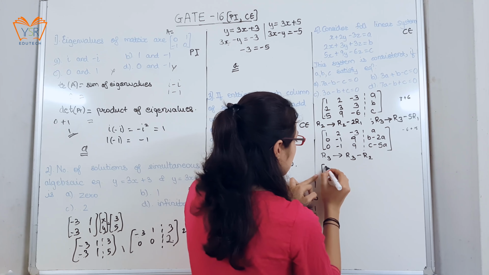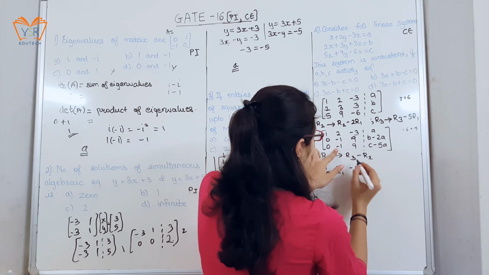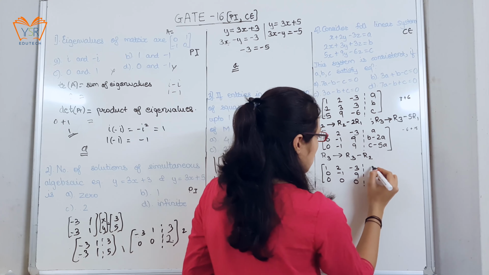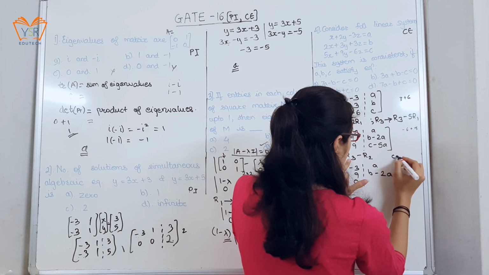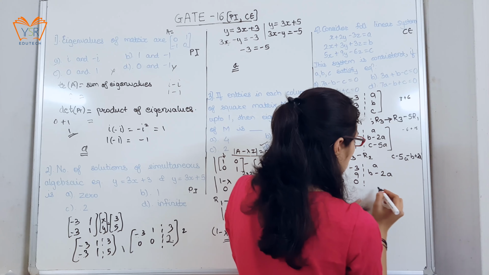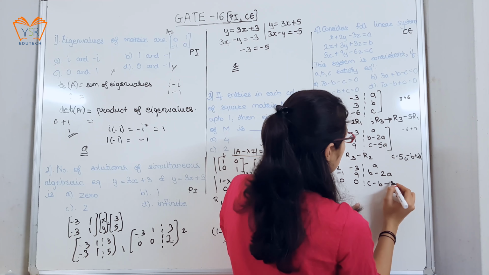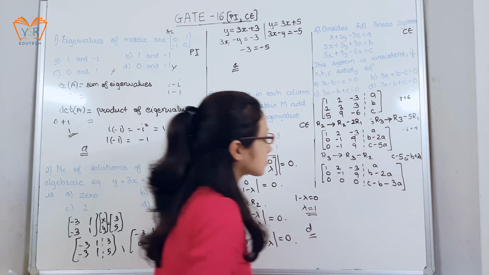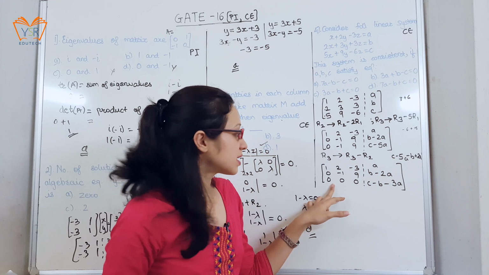So the resulting matrix is 1, 2, minus 3, 0, minus 1, 9. Minus 1, minus of minus 1 is 0, 9 minus 9, 0. R3, so just see R3 is this minus R2. So we can write C minus B plus minus 3A. Okay. Now no more elementary operations can be applied.